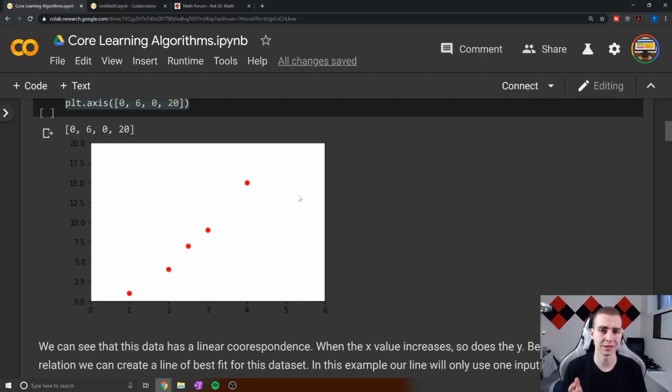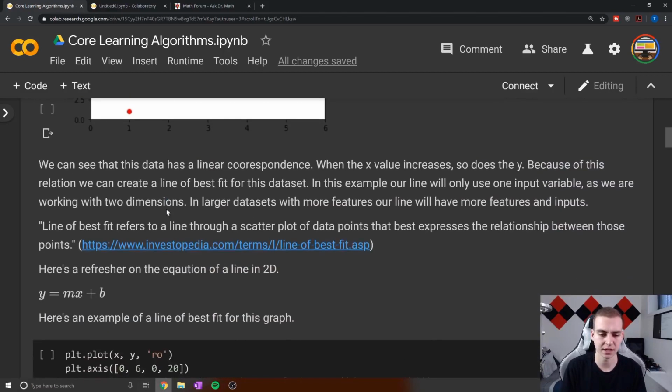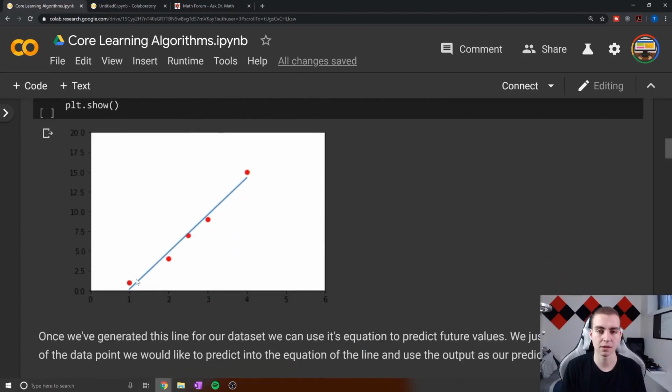And what we want to do is use linear regression to come up with a model that can give us some good predictions for our data points. So in this instance, maybe what we want to do is, given some X value for a data point, we want to predict the Y value. Now in this case, we can see there is some linear correspondence for these data points. What that means is we can draw something called a line of best fit through these data points that can kind of accurately classify them, if that makes any sense. So I'm going to scroll down here and look at what our line of best fit for this data set actually is.